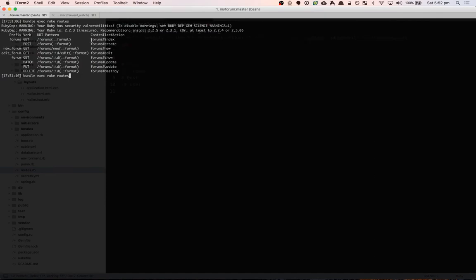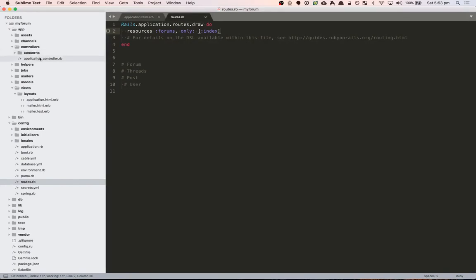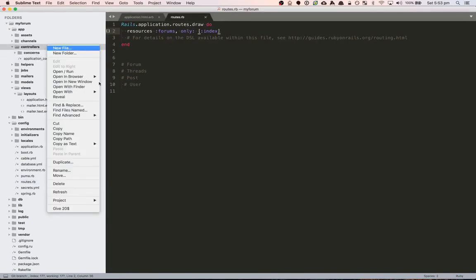And so what this is saying is it's the forums controller with the index method on that controller. So if we type bundle exec rake routes now that we've added the only option, we'll see that we only have that route. So we can come to the controllers,